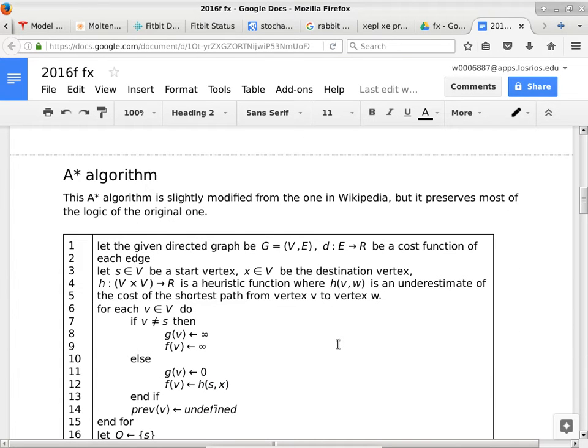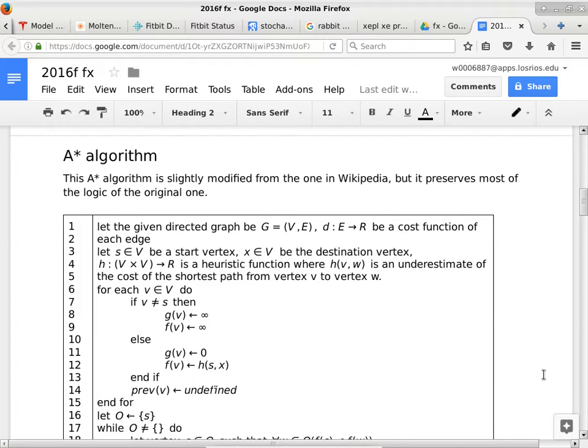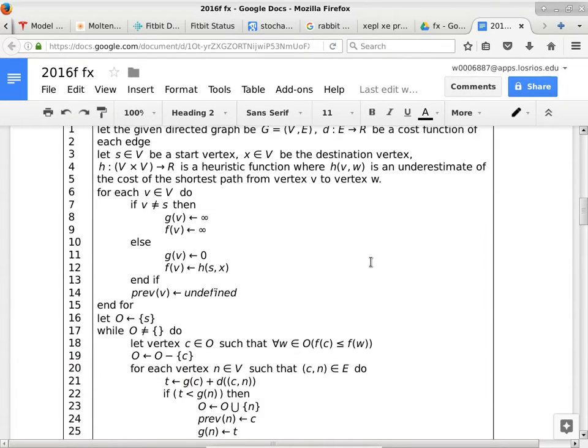So the final exam, at least from last year, revolved around the A-star algorithm, which I'm really hoping we can actually get through in this class, because this is one of the really interesting algorithms. I don't have enough time to cover graph algorithms and tree algorithms and stuff like that, but A-star is one of those things that I really want to get through. The algorithm itself is already known. I include it as a part of the exam, so people can just refer to the algorithm.